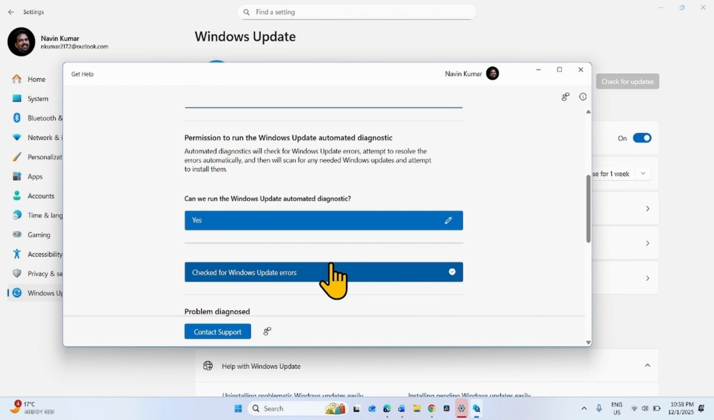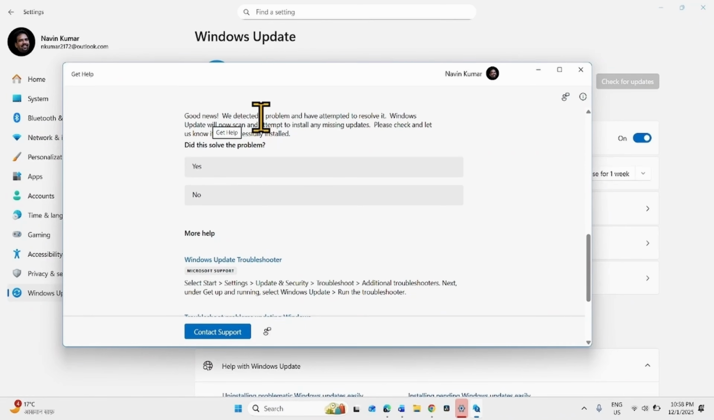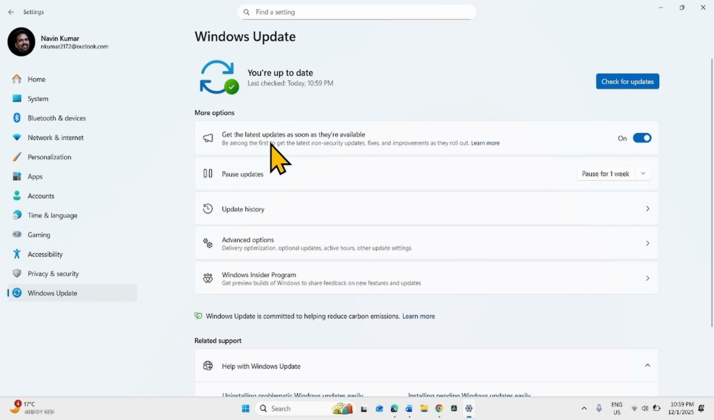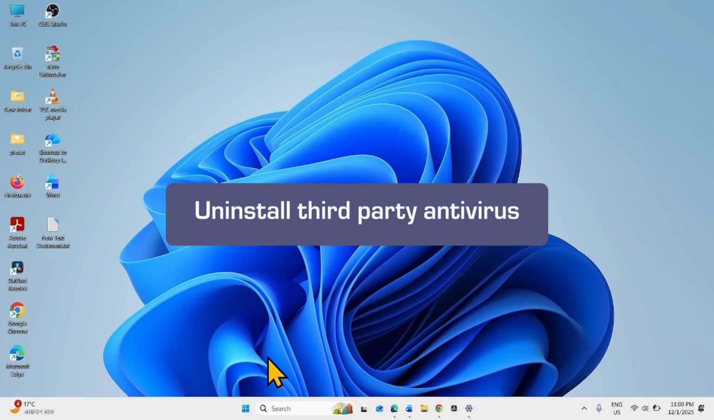Check for Windows Update errors. Problem diagnosed. Good news. We detected a problem and have attempted to resolve it. Windows Update will now scan and attempt to install any missing updates. Please check and let us know if they are successfully installed. The system will start checking Windows Update after that. Let the checking complete. If the update is being downloaded, let it download and follow the second method, which is